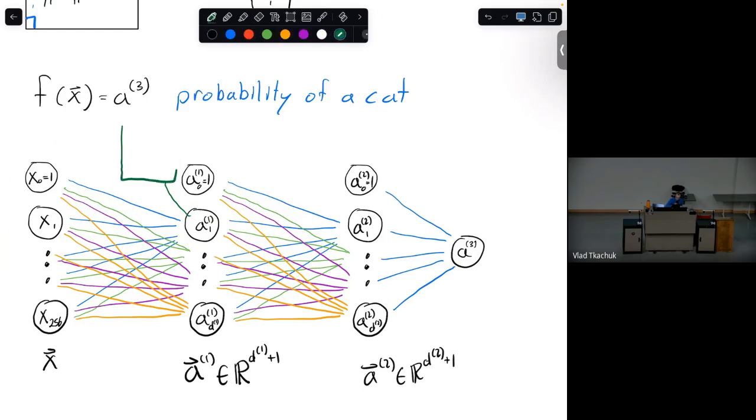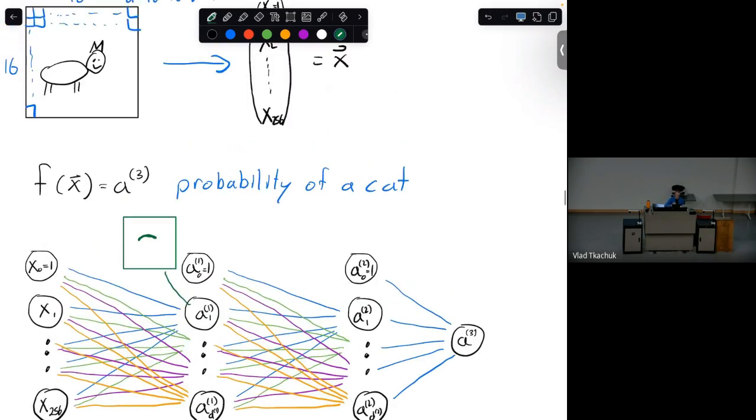So I'm redrawing x as a picture now. And what you would find is that this neuron is only a large positive number, or something non-zero, only when this part of the picture, let's say, has some values to it, or there's an edge there. You can interpret this as this neuron detecting kind of the top of this cat. Okay, so from raw pixel values, this kind of neuron is understanding something more, let's say, abstract, which is that there is some edge going on here, that this is the top of the cat.